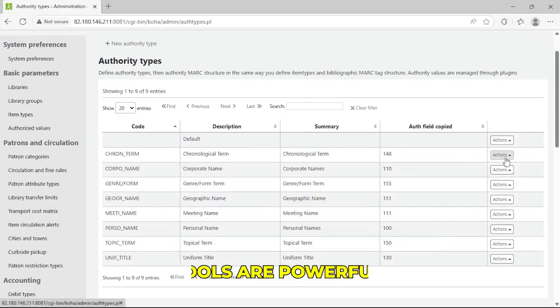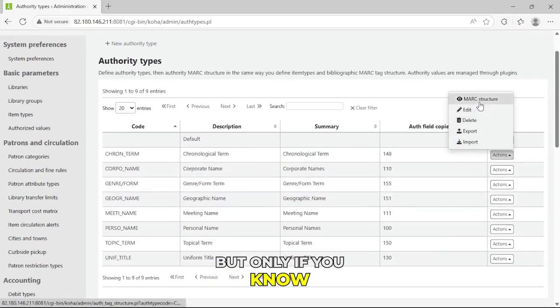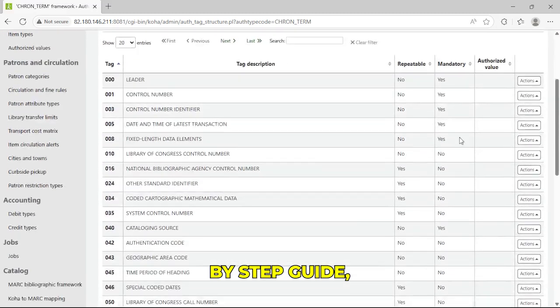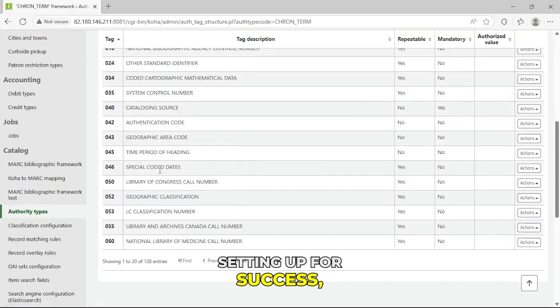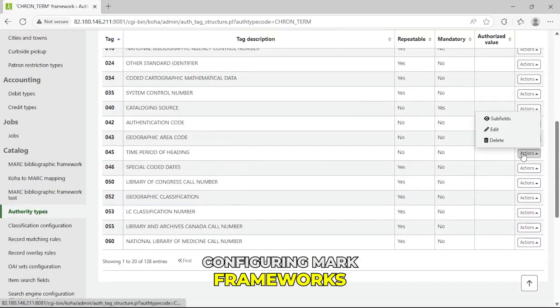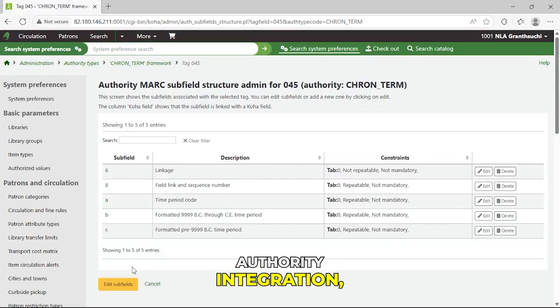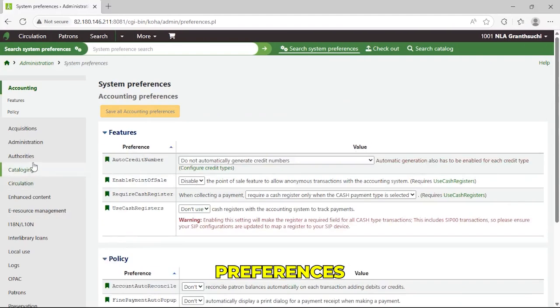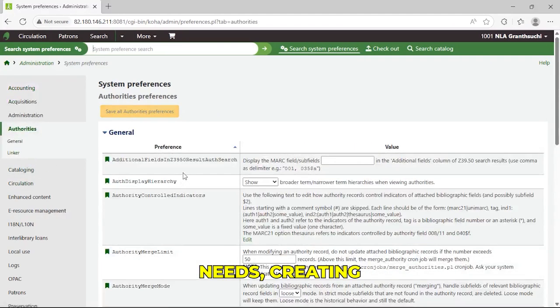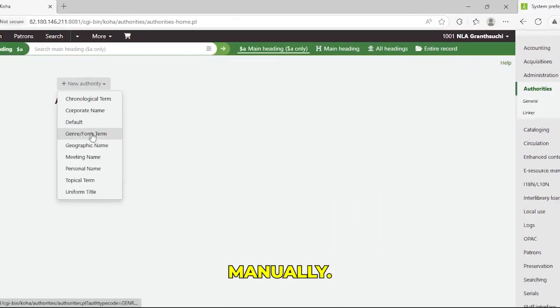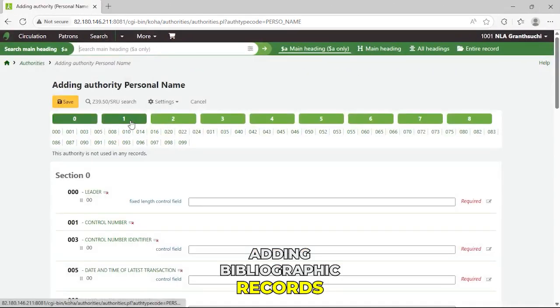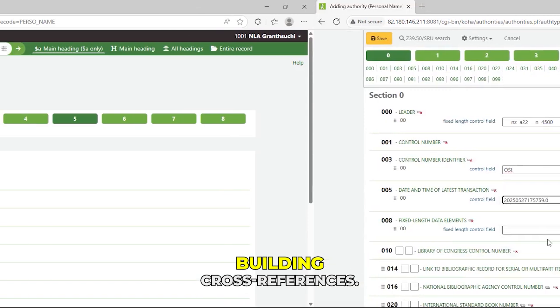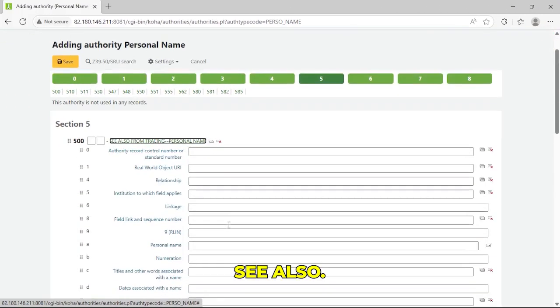Koha's authority control tools are powerful, but only if you know how to use them. In this step-by-step guide, we'll cover setting up for success, configuring MARC frameworks for seamless authority integration, customizing system preferences for your library's needs, creating and managing records, manually adding bibliographic records with authority validation, building cross-references, for example see also,